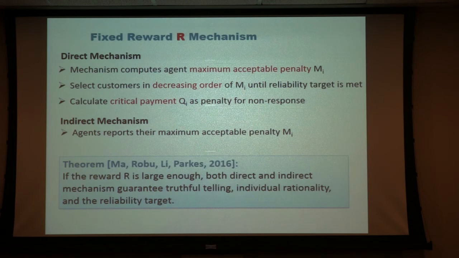What we can show is, definitely the detail is more complicated than the selection rule, that we can guarantee the reliability, like I said, 99%. And with the parameter you can tune, it can be 99.9%. Individual rationality means that every person's expected reward is positive. Guaranteed truthful telling means people will tell me their true uncertainty information. So that is truthful telling.